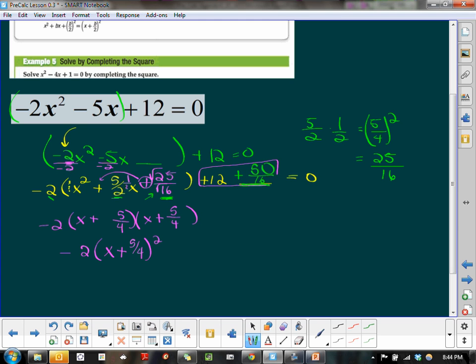Since fractions are our friends, I'm going to have to make sure I convert that into a fraction, so it's going to be plus. I can't add unless I have a common denominator, so I'm going to have to make sure that I rewrite that as a common denominator. So it's going to be over 16, so it's going to be 192 over 16 plus 50/16 equals 0. And then we can add those up. So 192 plus 50 is 242, so plus